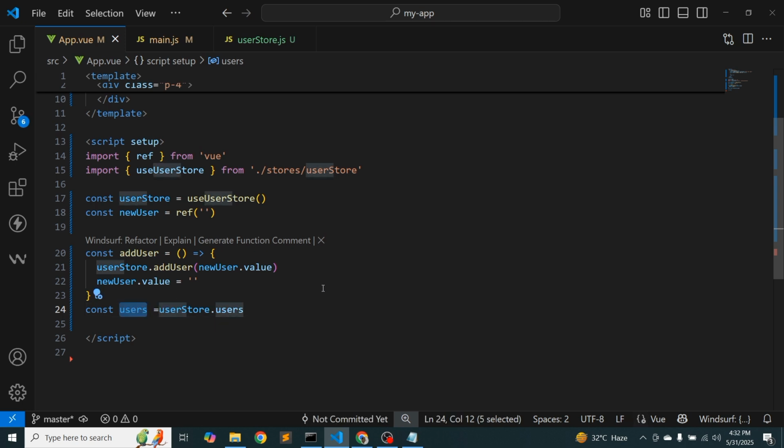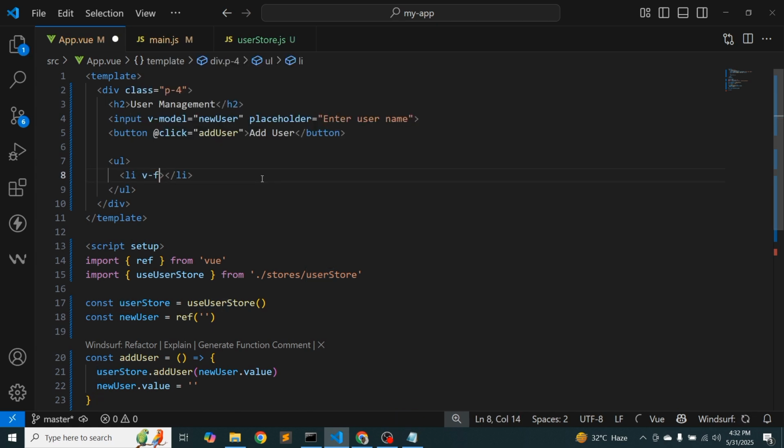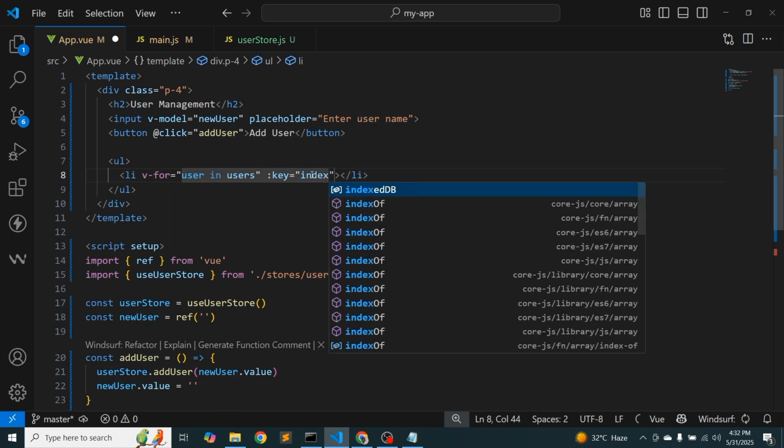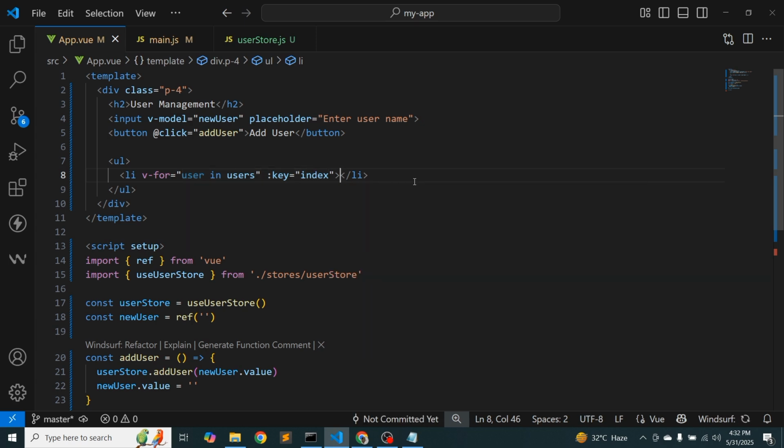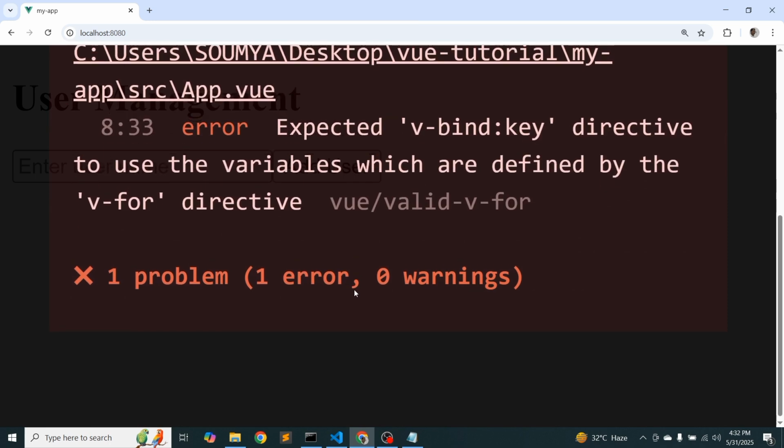And now we can print the data from li. Okay, now just go here and execute the v-for loop with user, and I'm going to add the index. Okay, and here I'm just going to print the user. So let's see what we currently get. Currently there's a problem,